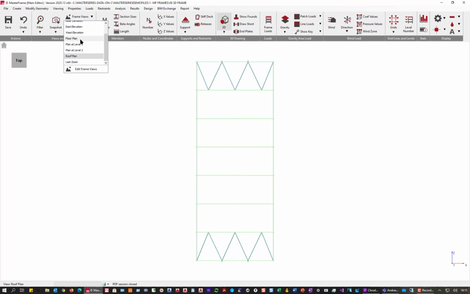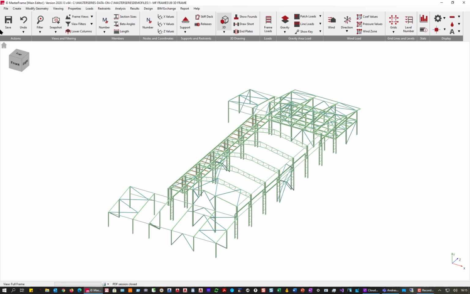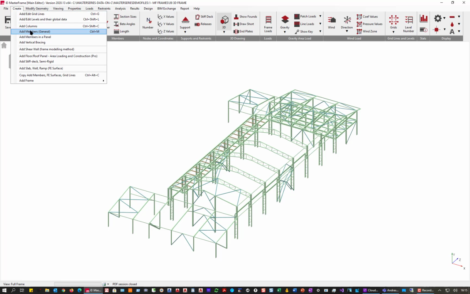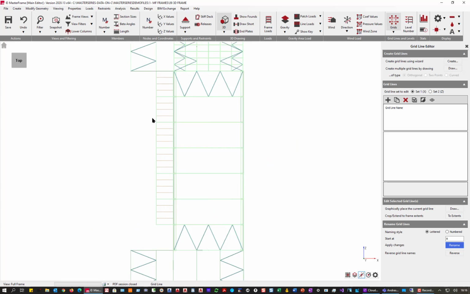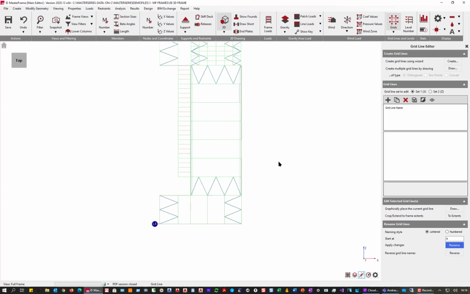But I can go one stage more than that, and that is if I start to introduce grid lines. Grid lines give us great control. So I'm going to add in some x-axis grid lines, just put it in plan, and I'm going to draw grid lines orthogonal. So these are going to be the x-axis ones, and I'm going to say 1,